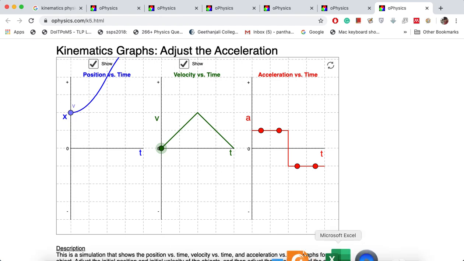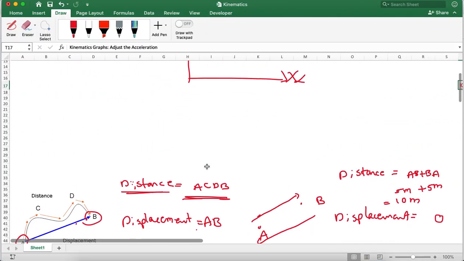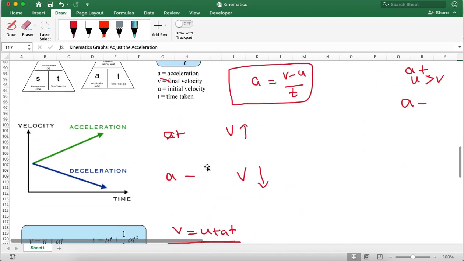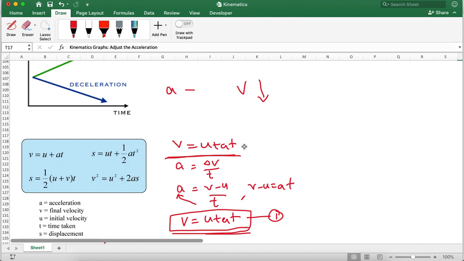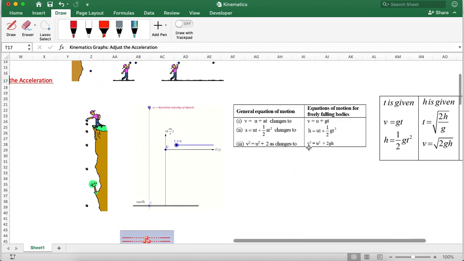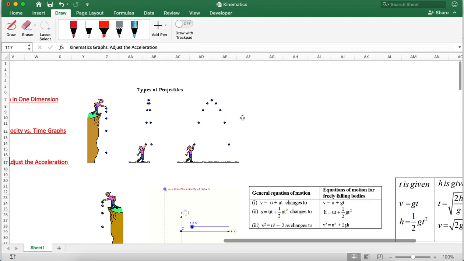So this is all about the basic kinematics: the basic kinematic definitions, all the basic equations of kinematics, and how each parameter varies with respect to another parameter. With this I will stop the class. In the next class I will explain the two motions of the projectile: the freely falling object and a vertically projected body. So thank you.